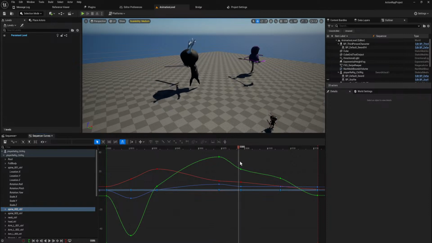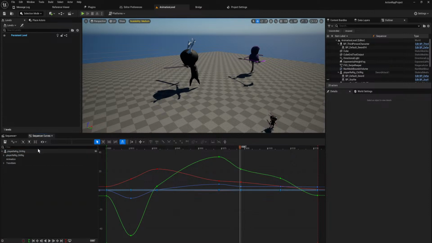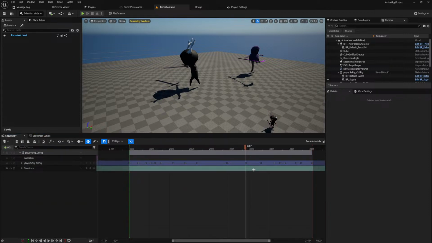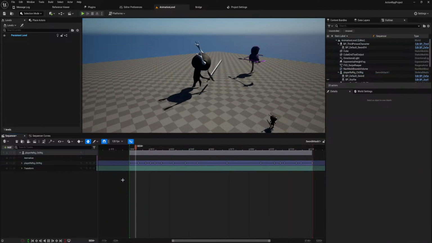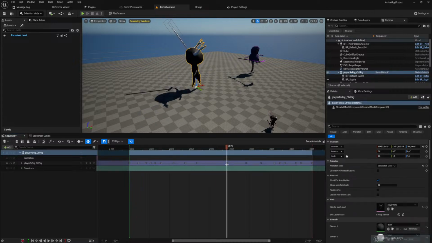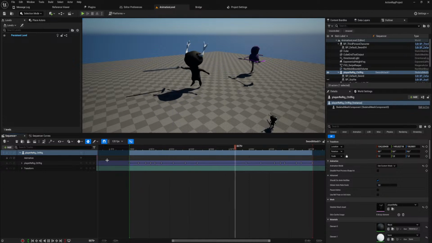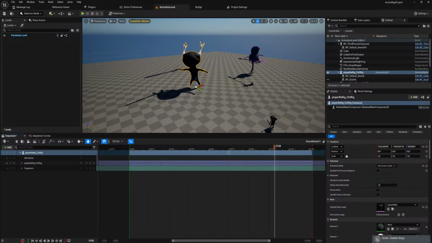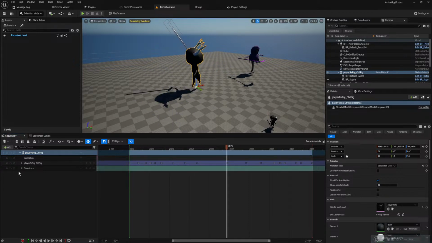I think it's this bit. So what I'm just going to do is remove this keyframe altogether and see what that does. It still does it. Then I'm going to remove this keyframe altogether. See what that does. Okay, so it is something to do with this keyframe. At least we know that.